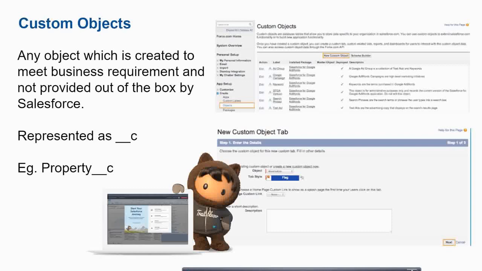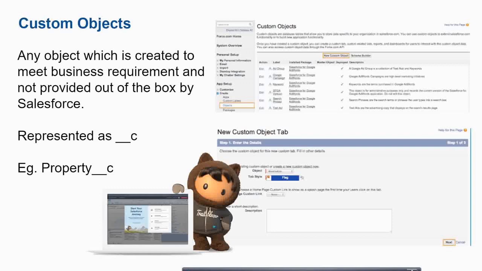Now let's look into the custom objects. Custom objects are for when you need to have some data inside your org which should have a different name, or which should have a different schema. For that you have custom objects. Okay, so anything which is not provided out of the box by Salesforce, and you go ahead and create that, that's a custom object.